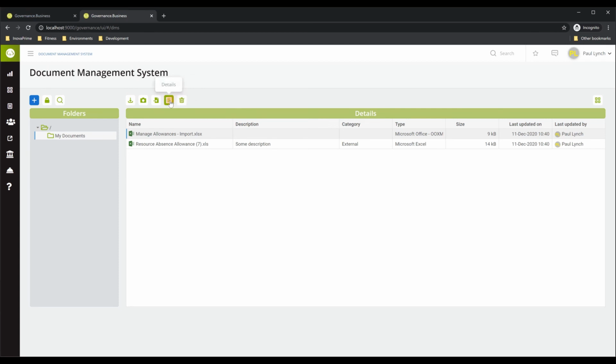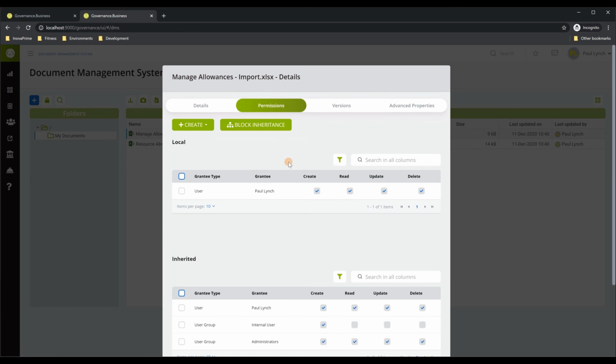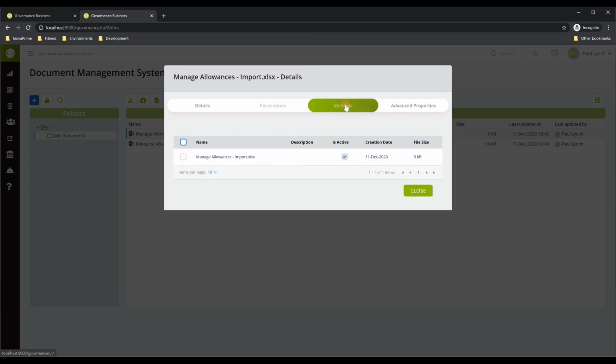So if we press the details button, then we have access to the information that we have set up when we uploaded the file. We can have then information on when it was created, by whom, the last update was done by whom. Also, we can manage the permissions like we manage the permissions for the folders, where we can basically say who can create new versions, can update the file, can read this file, or even delete the file. We also have access to the versions of this file. So if we upload a new file with the same name